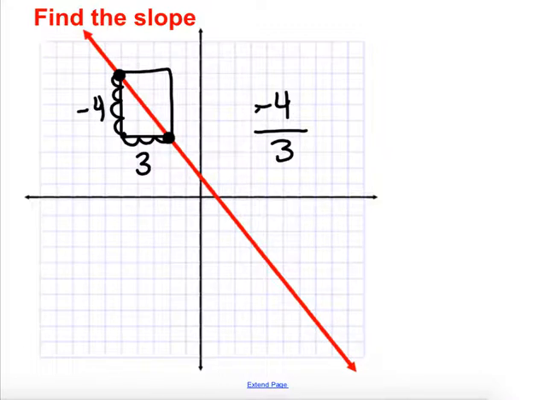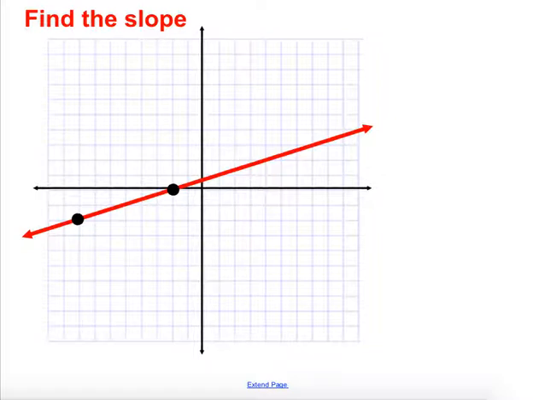It would have given you the same thing. You would have gone right 3 and down 4. So rise of negative 4 and a run of 3. Let's try another. This one looks like it's increasing, so hopefully our slope at the end will have a positive